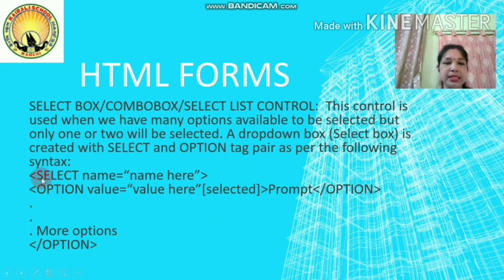What do you have to do? Basically, this control is created with 2 tags, and this tag will come under which container tag? Form tag. Form tag you will start, you will close, and inside that the select control will be there. Select is also a container tag, and inside select, all the options which you want to display there will be created with the help of the option tag, and option tag is again a container tag. So the structure will look like this.